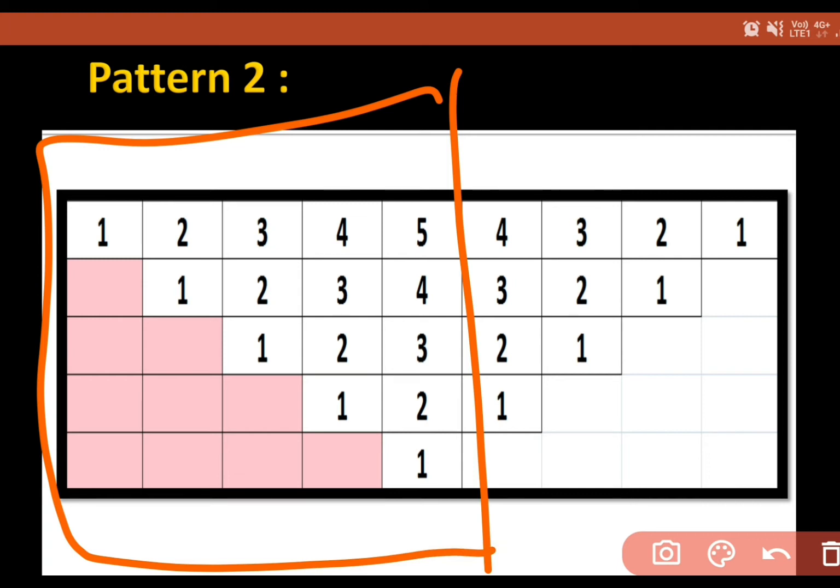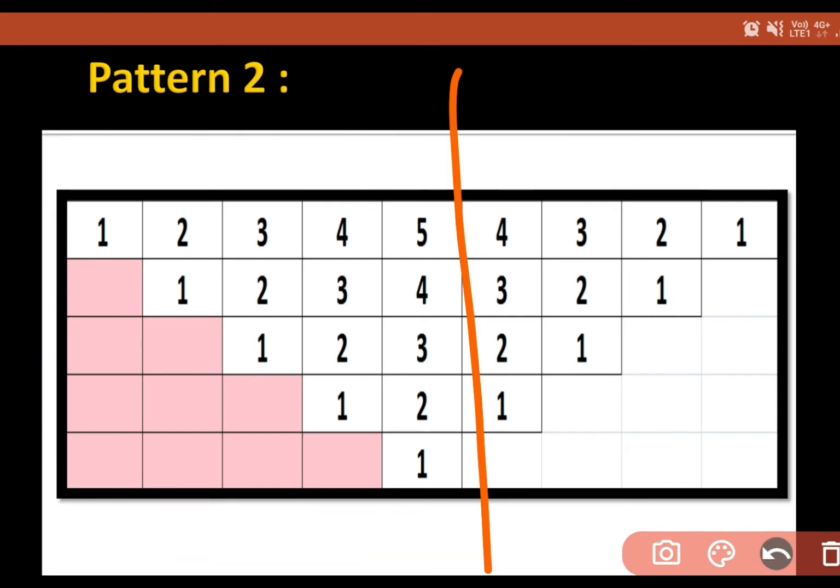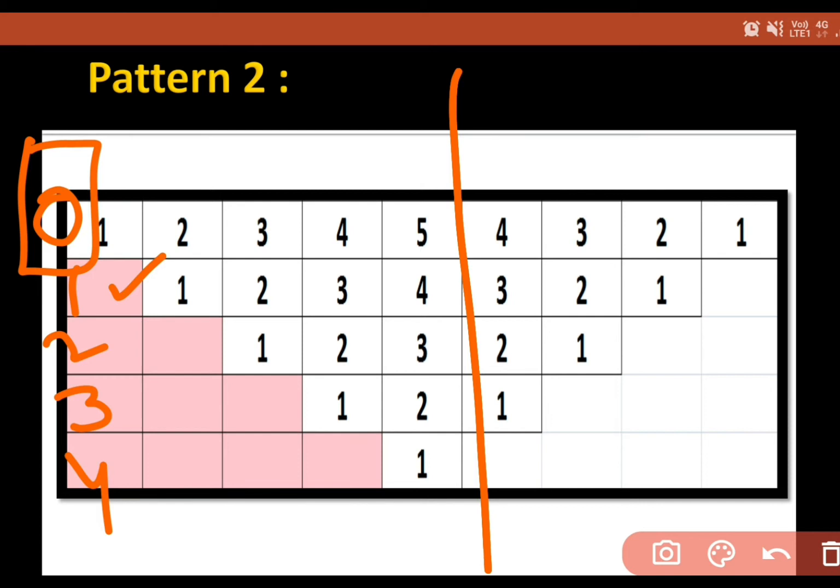In my previous video I told you about this logic, and now I'm going to tell you about this part. But see, the counting of spaces should be first of all 0, then 1, then 2, then 3, then 4. First of all, nothing we have to keep here as space, then 1 space, then 2 spaces, then 3 spaces, and then 4 spaces.